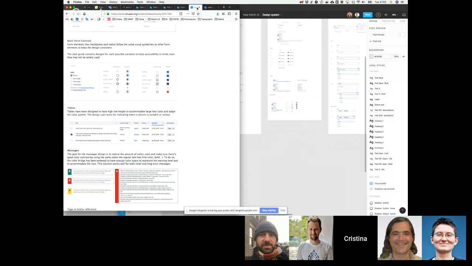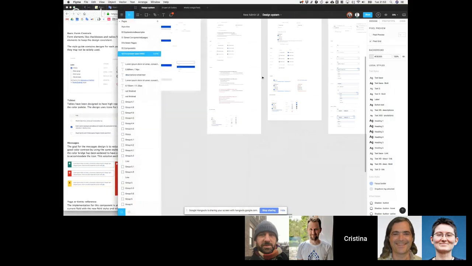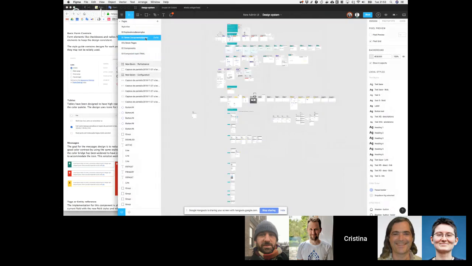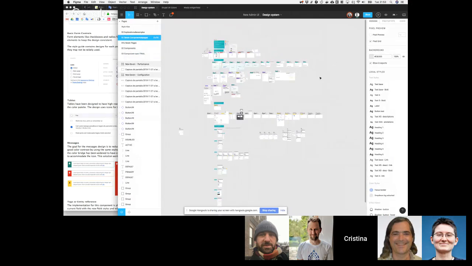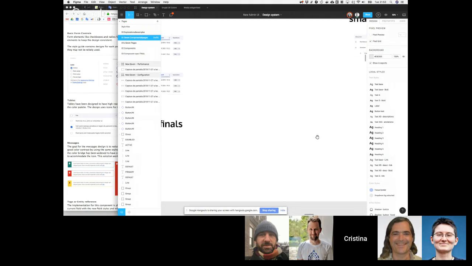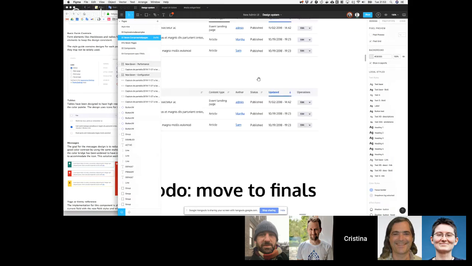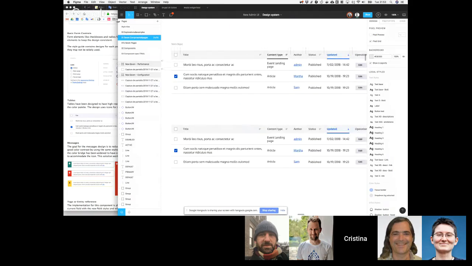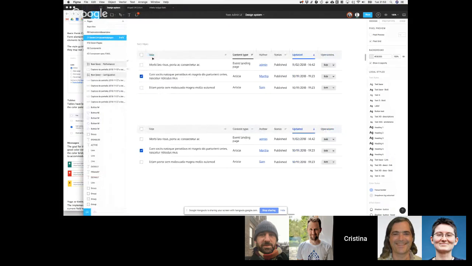Where else? After that, we have tables. It's going to be better if I just show the working document, because you see we have a lot of components here that we are working on. Tables. So that will be mainly what we're doing. Basically, some changes are, for example, we are making the size of the typography bigger on the